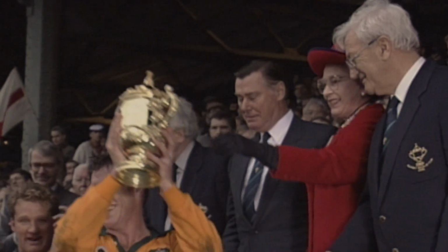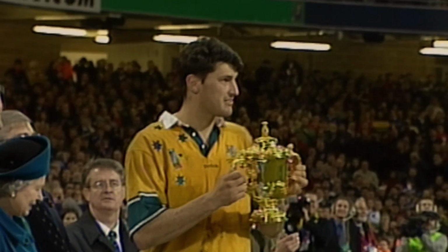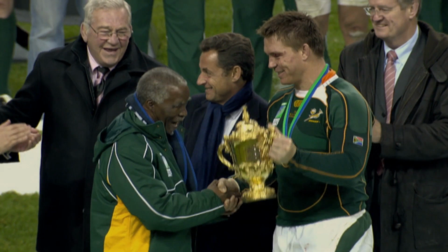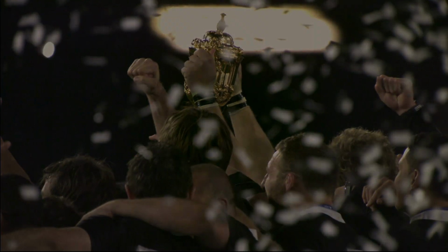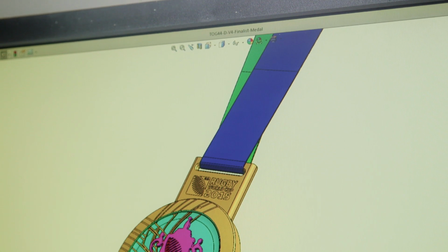In the history of the game, only 7 men have experienced the sensation of lifting the Webb Ellis Cup. While the cup itself can change hands every 4 years, for the individual players, there's a more permanent souvenir. Over the last few months, a British design company have secretly been working on the medals that will commemorate the